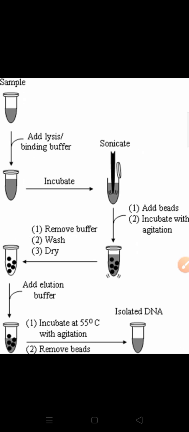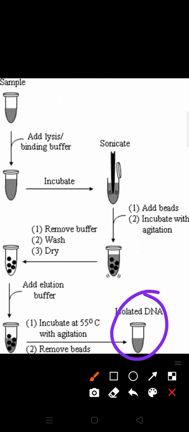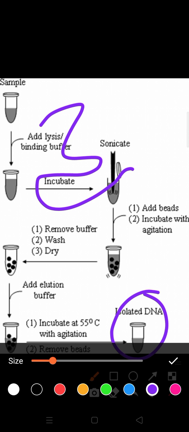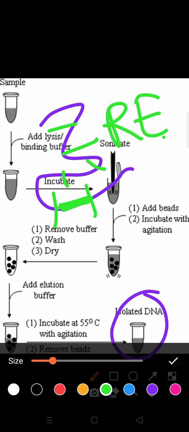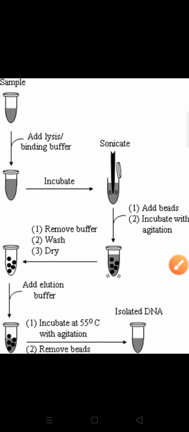You cut this isolated DNA, which is in a thread form. Suppose your gene of interest is here, so firstly you have to cut it into smaller pieces with the help of restriction endonuclease. The purified DNA fragments are treated with restriction enzyme. Then with the help of agarose gel electrophoresis or Southern blotting, the electrophoresis process already explained to you, you can segregate your gene of interest along with the DNA fragments. I hope that much is clear.